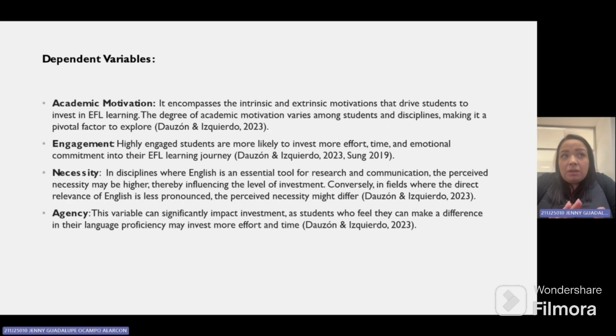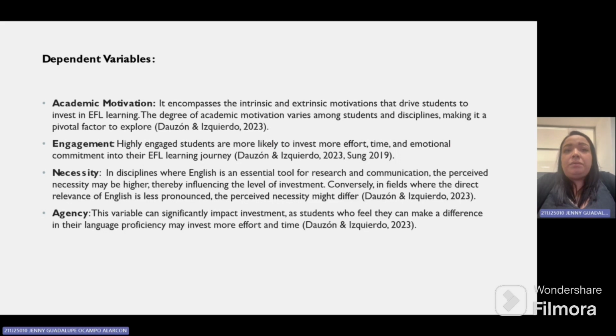And the dependent variables. Academic motivation, because there are two important characteristics, the external and the internal motivations, and they are dependent because it depends on the disciplines that the students study. It varies also among different kinds of students. The next one is engagement,